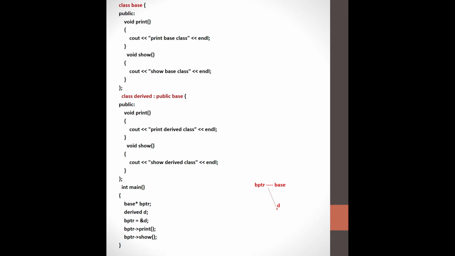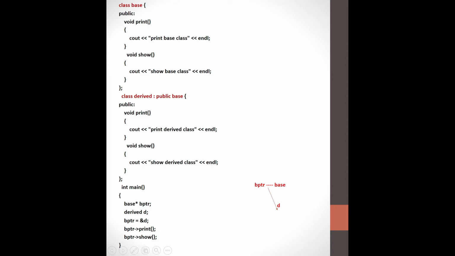Now your compiler will be a little bit confused, because first you said that bptr is pointing to base, and now you are saying that bptr equals ampersand d. Next we'll see what happens. bptr print: it automatically searches for the function named print.